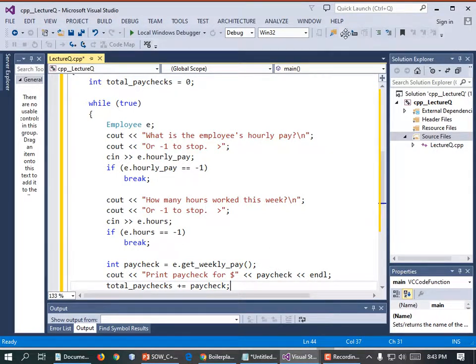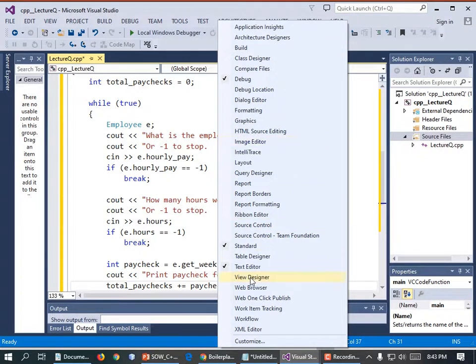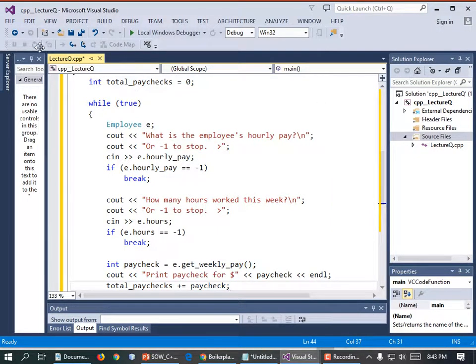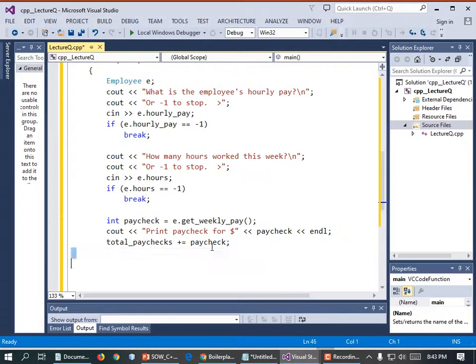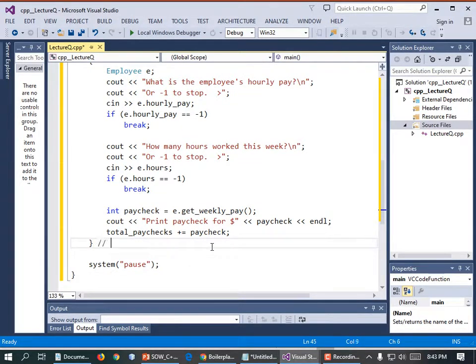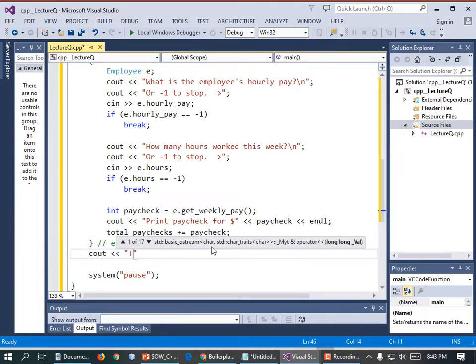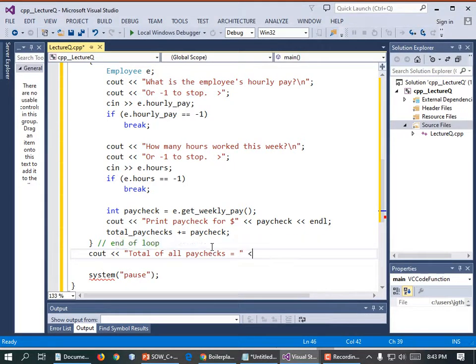There's a lot of stuff over here I don't really need. If I could squeeze this up and get a little bit more screen real estate. Yeah, whole line. All right. After the end of our while true loop, before our pause, let's print out the total. "Total of all paychecks = ", or let's put a $ sign there, total_paychecks << endl;